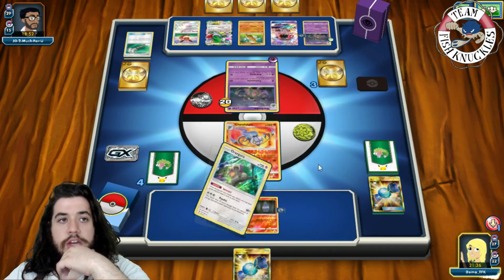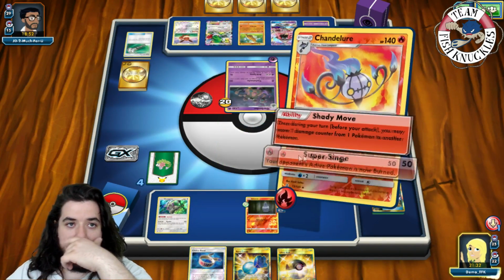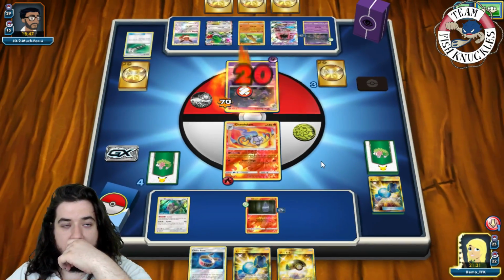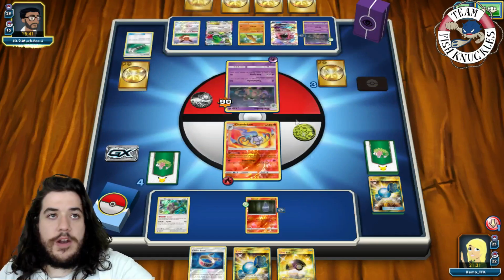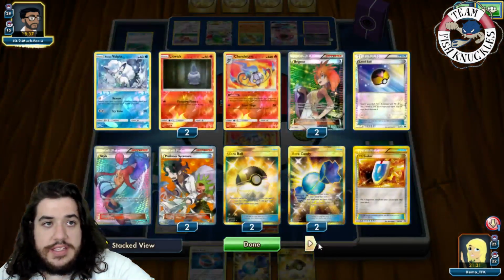And let's see, give me another Chandelure. Okay. It's kind of like another Chandelure, but not really. So we'll Super Singe for 50. Okay. Take another 20. Oh, and he gets rid of the burn. Oh, man. Alright, so in our opponent's turn, he's going to get another knockout. We gotta...